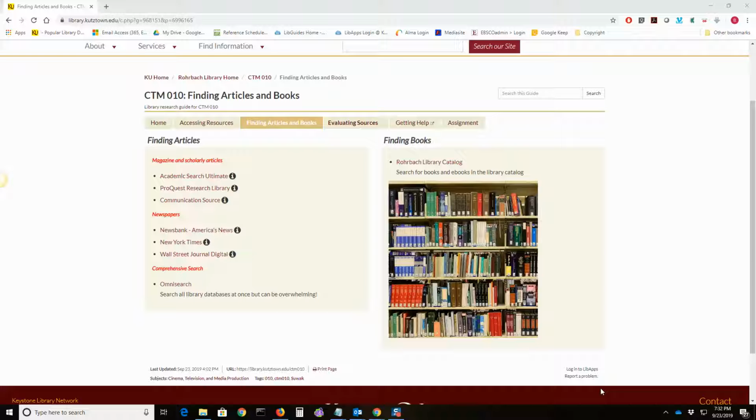database, includes access to over 10,000 journals and magazines; ProQuest Research Library, another full-text multidisciplinary database providing access to approximately 6,000 journals; and Communication Source, which is a specialized database of top communication journals covering media studies. Please note, there's a lot of overlap between Academic Search and ProQuest Research Library, but there's enough unique content that